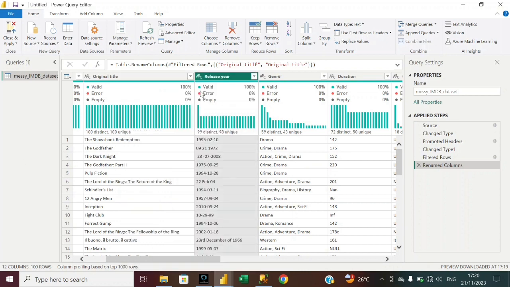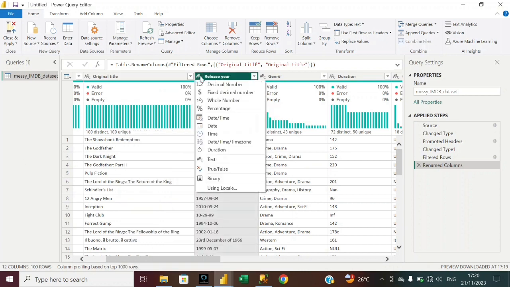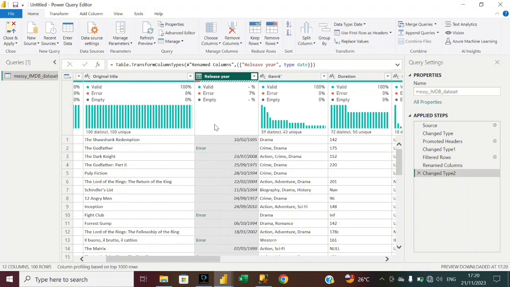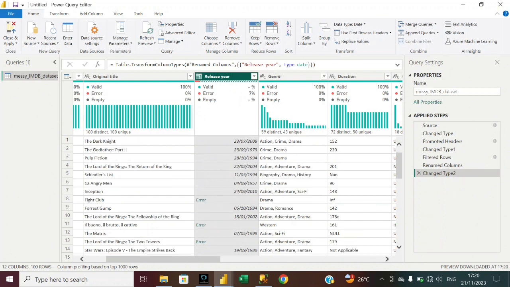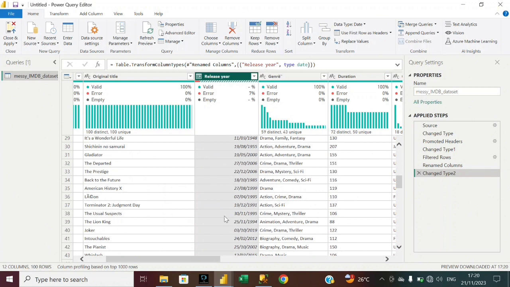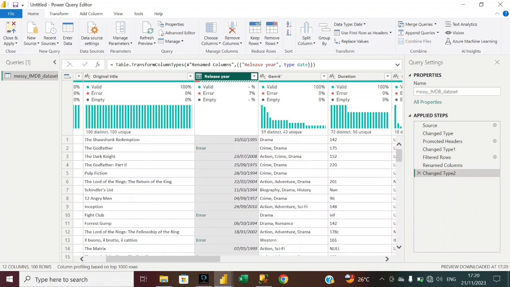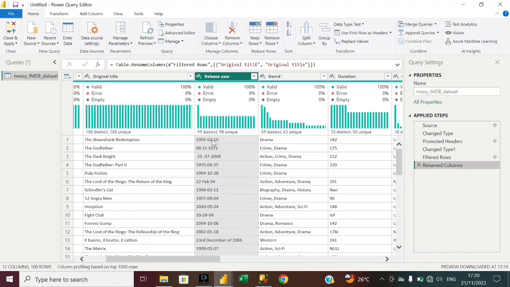So notice when I change this from text to a date, do you see what happens? You can see errors in some of the cells. Let me cancel the step, because Power BI does not recognize